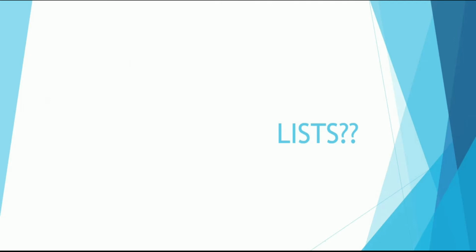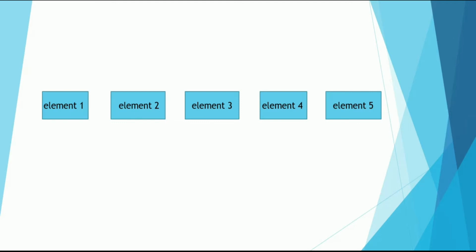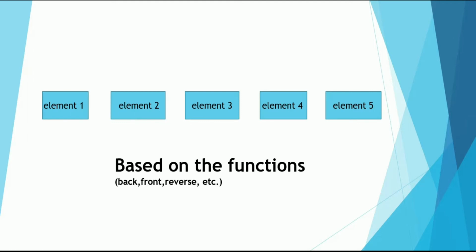So, what is a list? List is a sequence container that allows non-contiguous memory allocation. So this basically means a set of elements will be formed based on the functions. As compared to vectors, list has slow traversal. But once a position is found, insertion and deletion is quick, because unlike vectors and arrays, list is not contiguous.